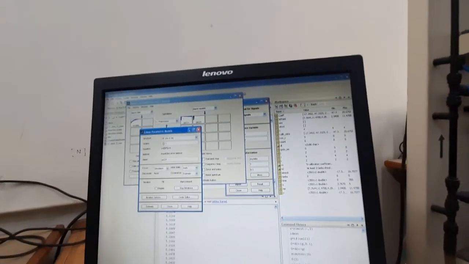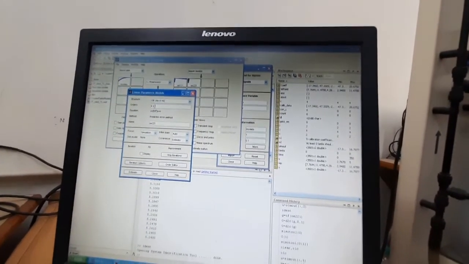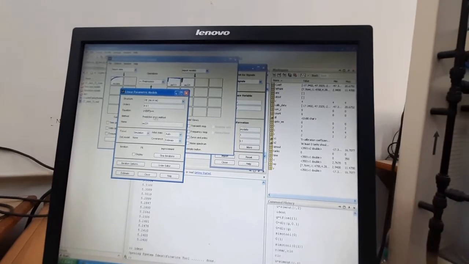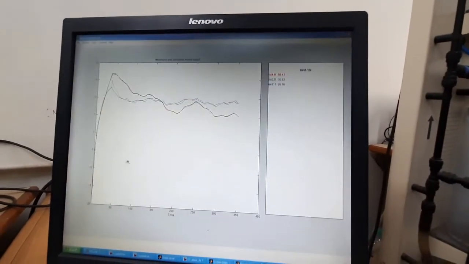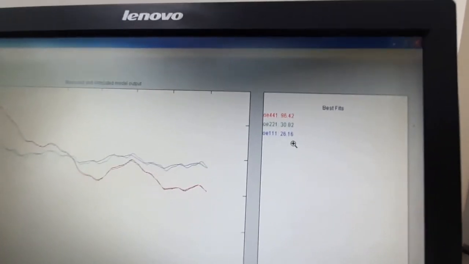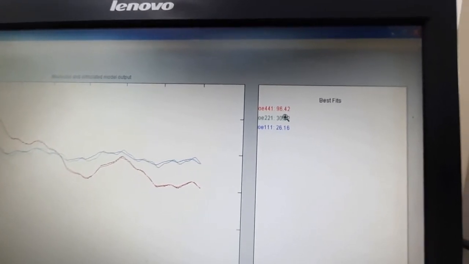So we try 4 4 1. We tried another model, 4 4 1. Here you can see this 4 4 1 has a very good accuracy, close to 100. It is 96.42.